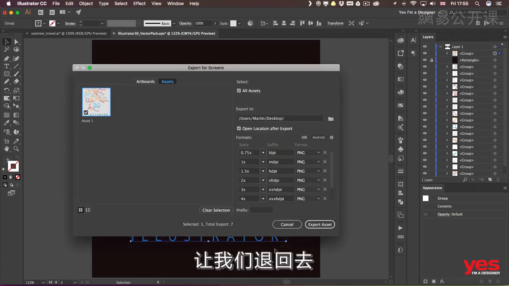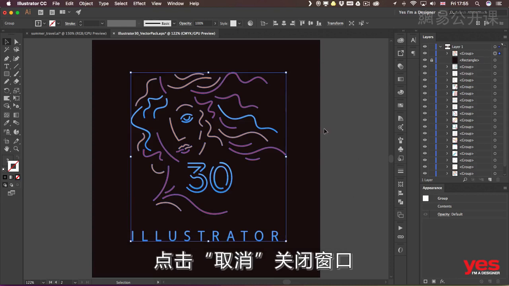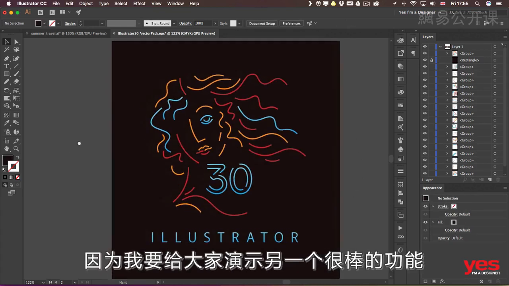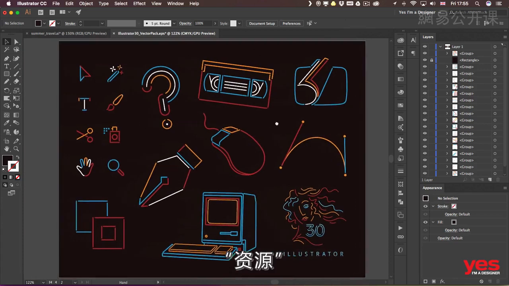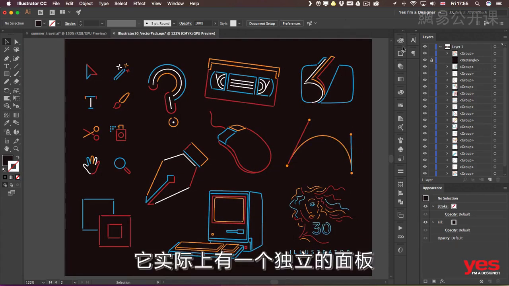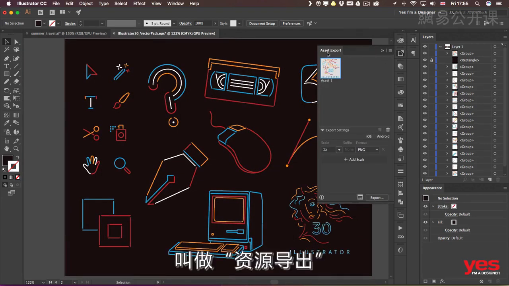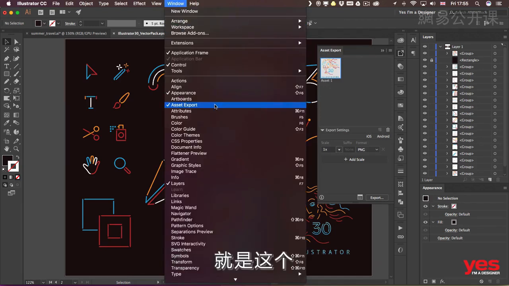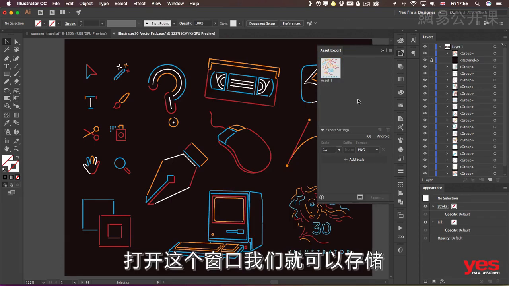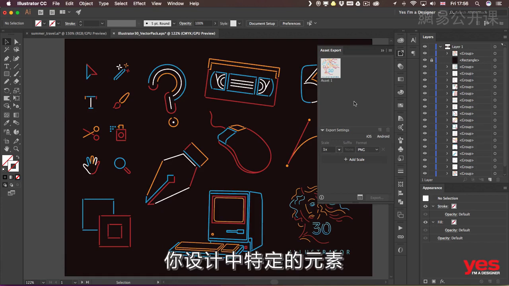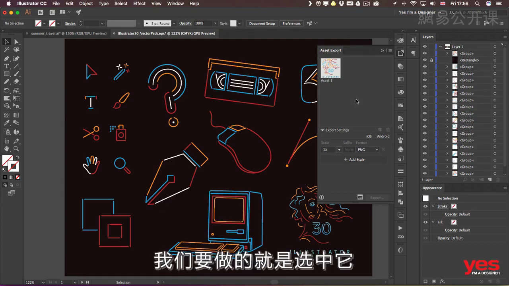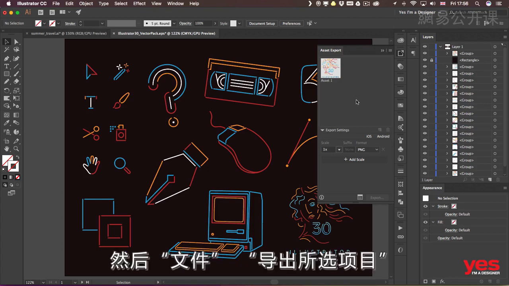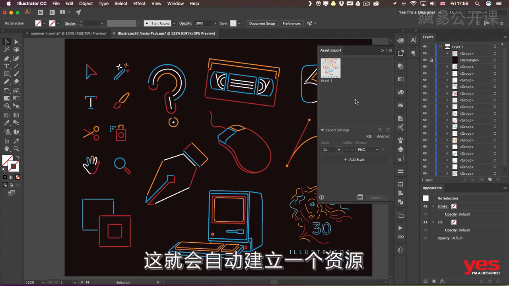Now let me go back and cancel out of this, because what I would like to show you is another great feature called Assets, and it has actually a separate panel called Asset Export, which you can find under the Window menu. So this is it. And the aim of this panel is to be able to save out certain elements from your design as individual files. So exactly what we did when we had a selection and we went to File, Save Selection, that actually